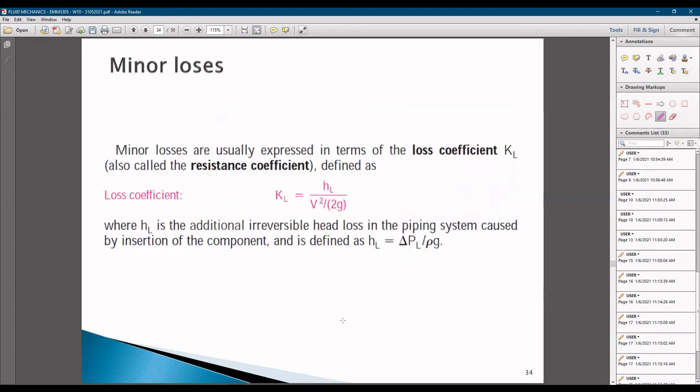Minor losses are generally expressed in terms of the loss coefficient, K subscript L, also called the resistance coefficient, defined as K subscript L is equal to H subscript L divided by V squared over 2g, where H_L is the additional irreversible head loss in the pipe system caused by insertion of the component and is defined as,